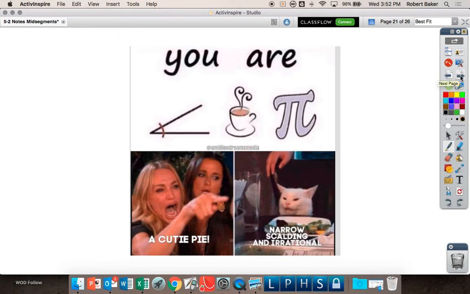You are a cutie pie. Narrow, scalding, and irrational, and the cat says narrow, scalding, and irrational. Those are also synonyms for those pictograms that you see. That's great. Alright,